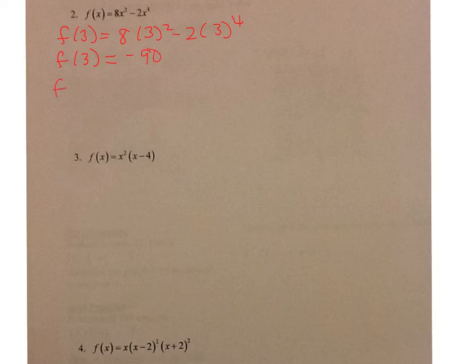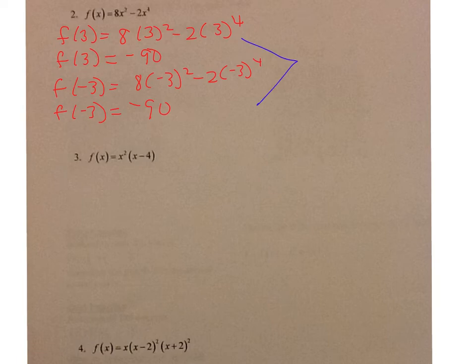Now we have to do the opposite of x, f of negative 3. So it's 8 times negative 3 squared minus 2 times negative 3 to the 4th power. So f of negative 3, plug that in your calculator, you get negative 90. Okay, so what do you notice about these? These are equal. And equal means even. Okay, so we're going to put it's an even function